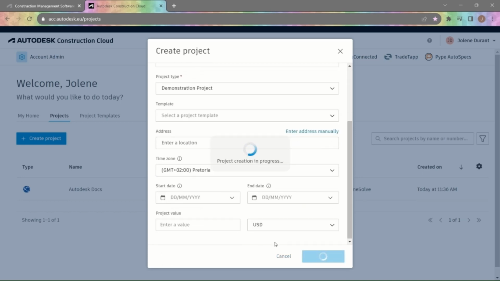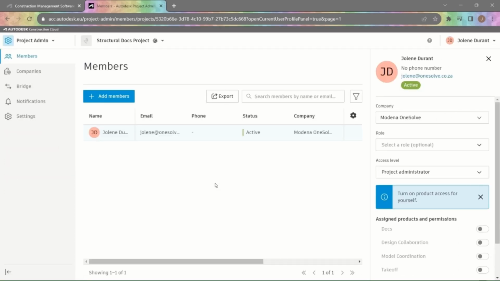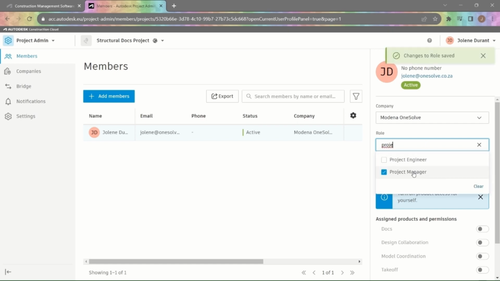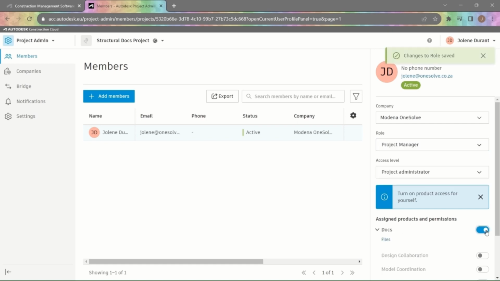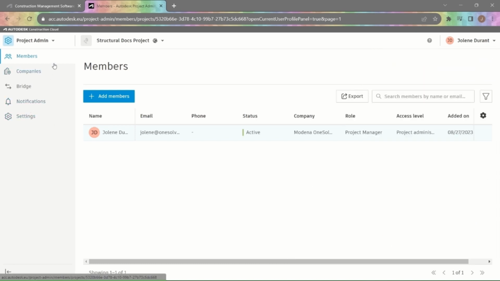So after your project has been created, it will automatically take you to the project admin page, where you can add a role to yourself, the project admin. So then I'll just assign project manager and assign docs. So then we can go and open our docs space